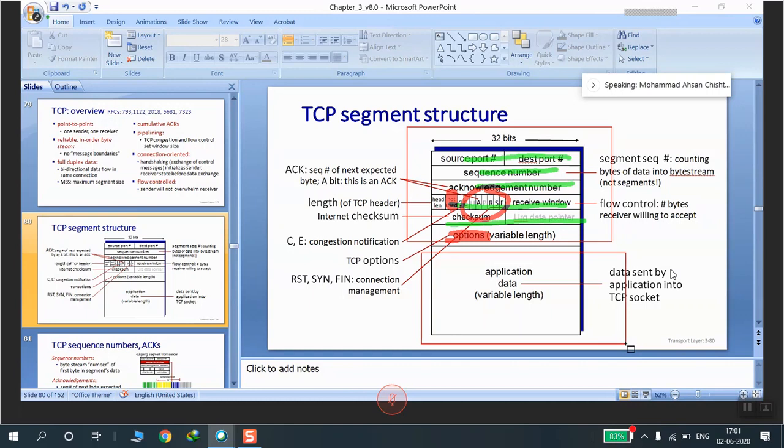And to do a proper checksumming, we should have the pseudo header included with the payload as well as the header of TCP. These are some of the important parts of the IP header that we require. That's why checksumming is done on this.